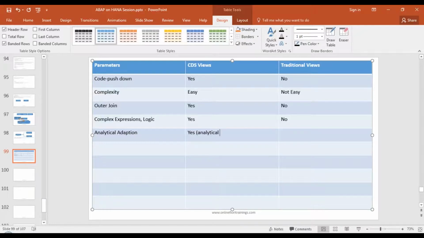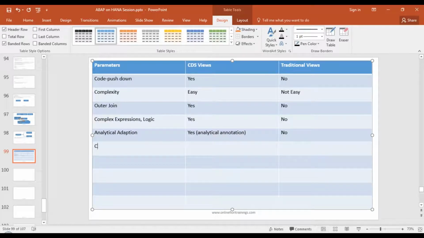Don't worry about what these analytical annotations are. We will see it in the example. So right now, just understand the difference. That is what CDS view additionally supports. One example we already saw in the last course, KPI modeler, where we consumed a CDS view directly, and that has become our source of data for a KPI tile.